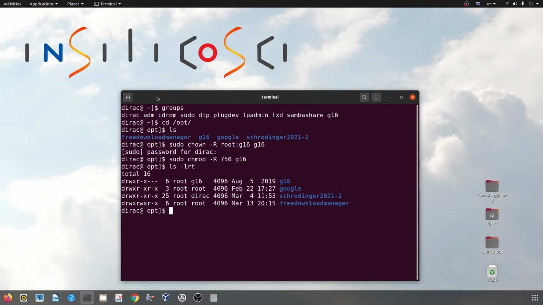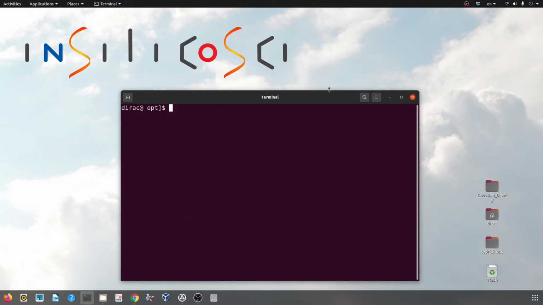some other variables. To set up bash, we need a setup file, but first of all let's go to the home directory by cd command. I provide you a setup file. You can download it from InSilico's website. I put the link in the description box below. So let's have a look to the file.